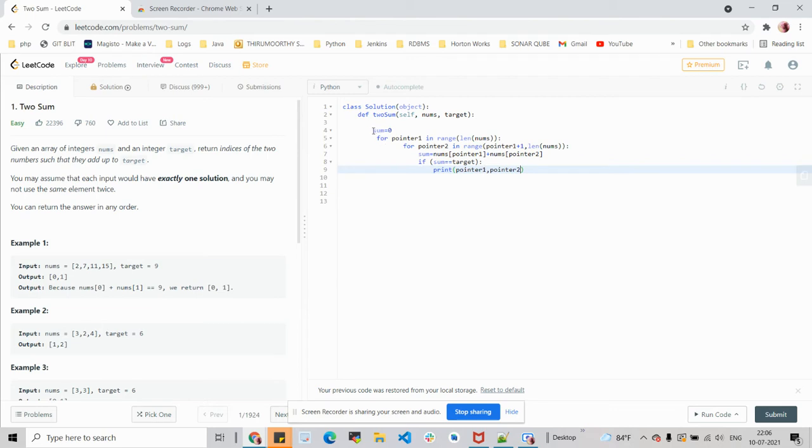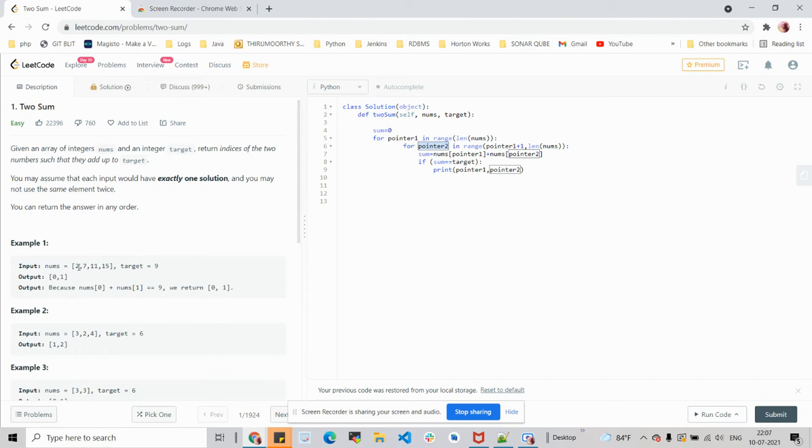What I've done is initiate a variable called sum. Then I'm writing a first for loop with a pointer which points to the first element of the array, and the next for loop is for the second pointer, which starts from the element after the first pointer.